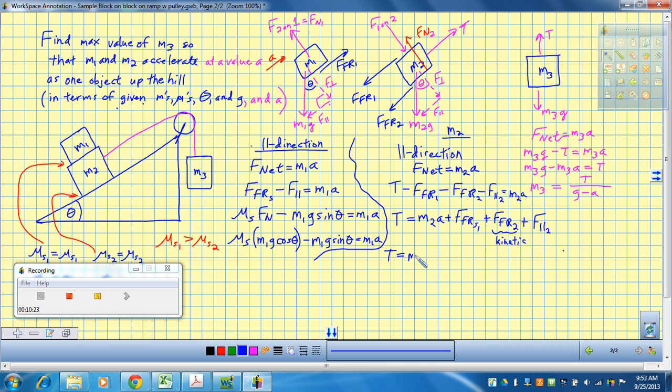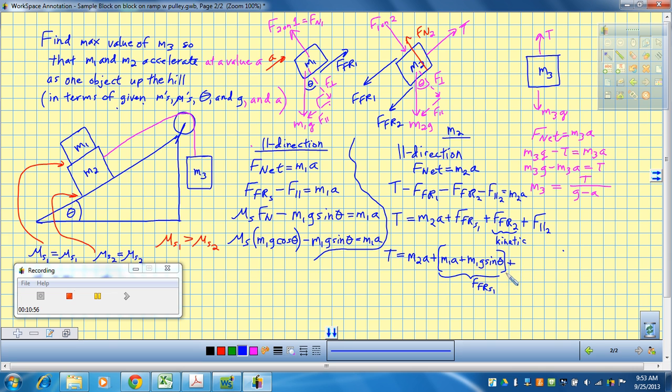So tension equals m2a, that's the easy term. Force of static friction is going to equal, I'll do this in a bracket, m1a, I'm just looking at this equation here, plus force parallel on that block, which is m1g sine theta. Okay, that was all our force of static friction on block 1,